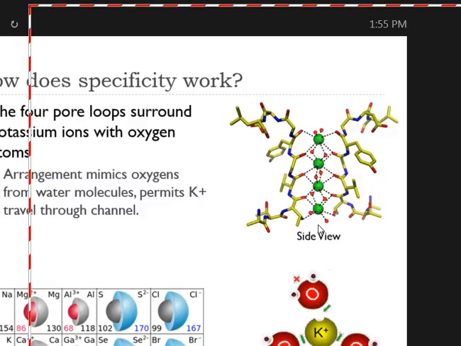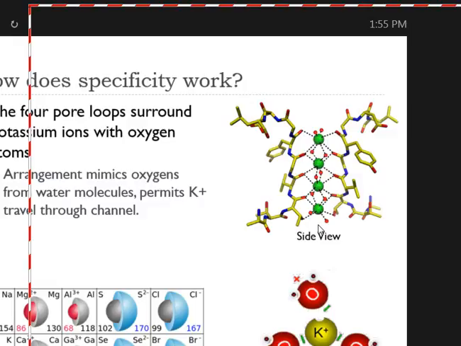And these things in here are either the potassium ions or water molecules that they're interacting with. The specific amino acid domains that are pointed inward into the interior of the channel are of the appropriate polarity and of the appropriate distance, that they do a really good job of mimicking the oxygens of water molecules, where most of the time